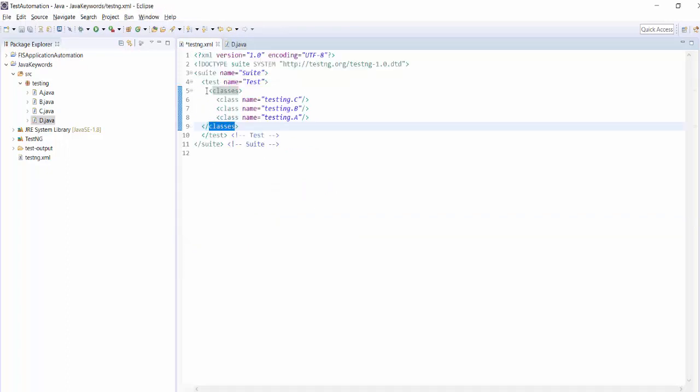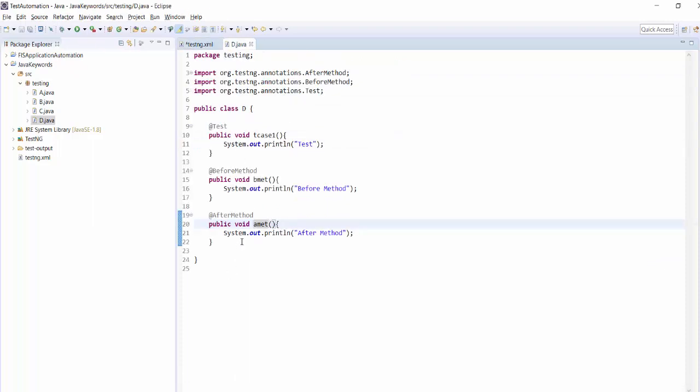Now we can have two more annotations, before suite and after suite. So I can mention public void b suite, and as of now it's just a print statement, but in actual automation we are going to write automation code in these annotations.